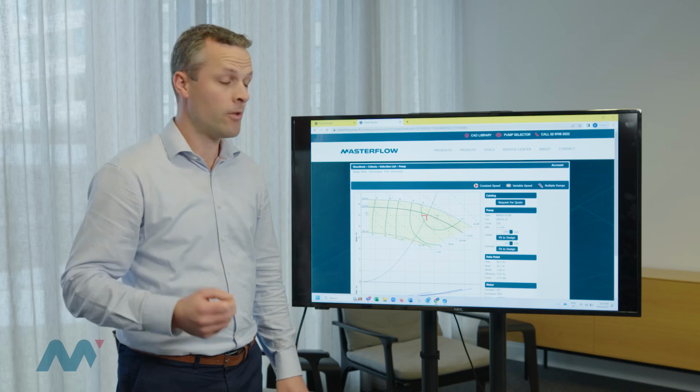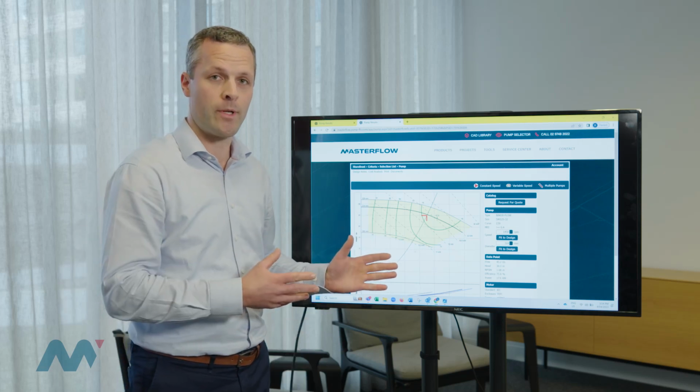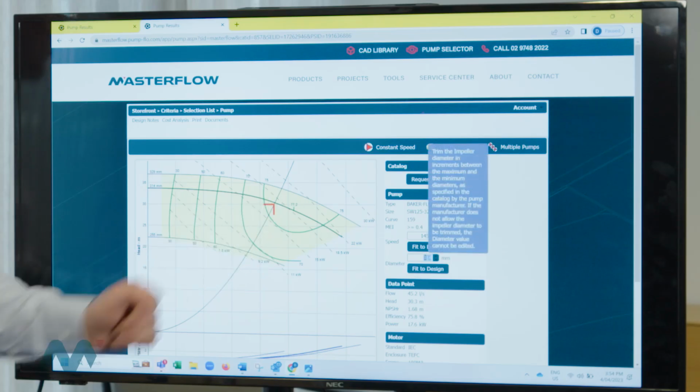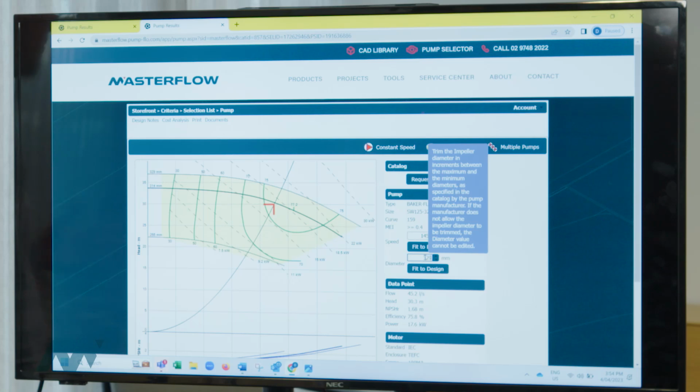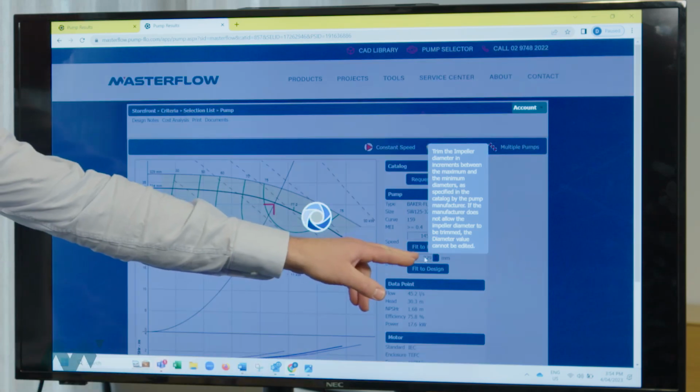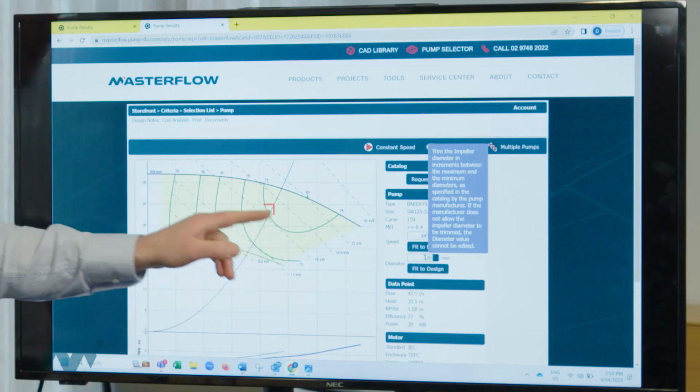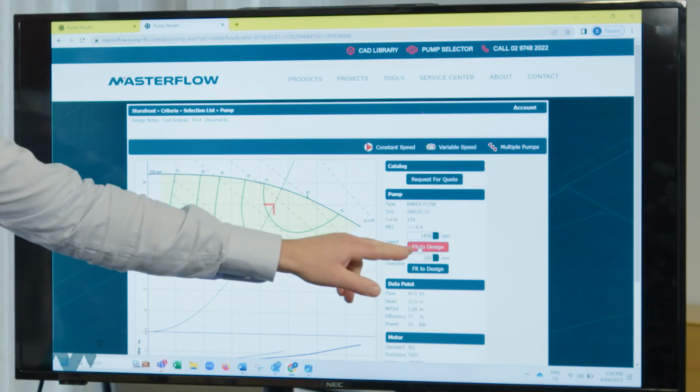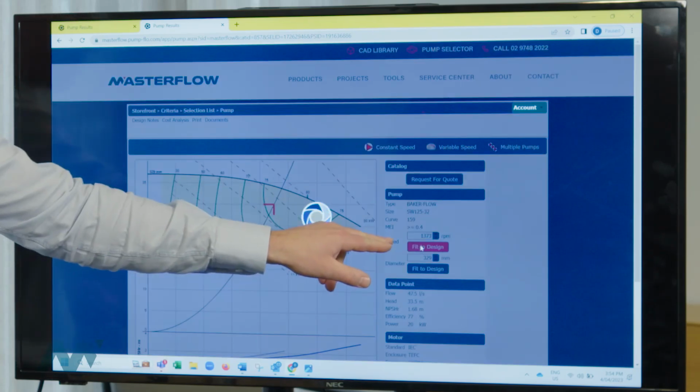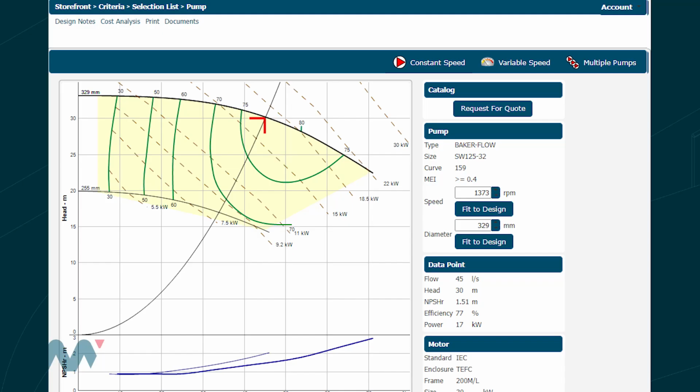We recommend, if your pump is going on a variable speed drive, to increase your impeller diameter to full size, which you can do here, and then slow your pump down by hitting fit to design directly on the speed here. So you can see now we're going to be running this pump with a full size impeller at 1373